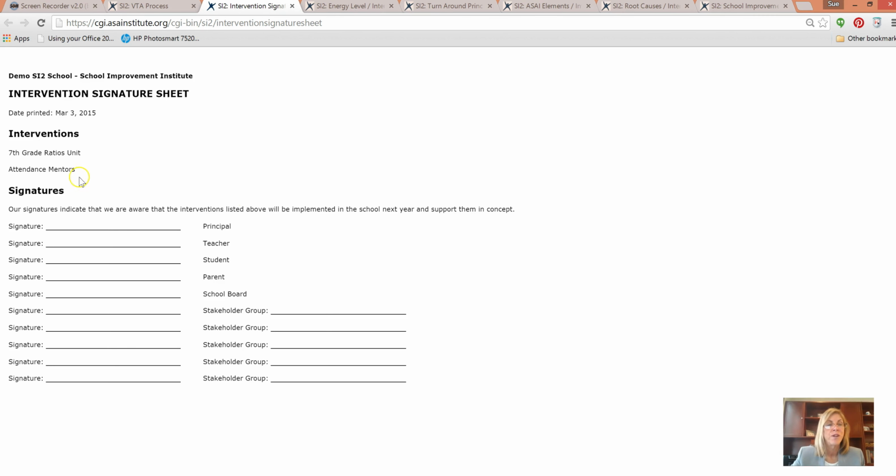So it lists your interventions at the top, and then it says that our signatures indicate that we are aware of the interventions listed above that will be implemented in the school next year and support them in concept. We think a lot of schools use this. They have every teacher in the building sign off. Some schools just have their school improvement council sign off. So this sheet is for you to use as you see fit.